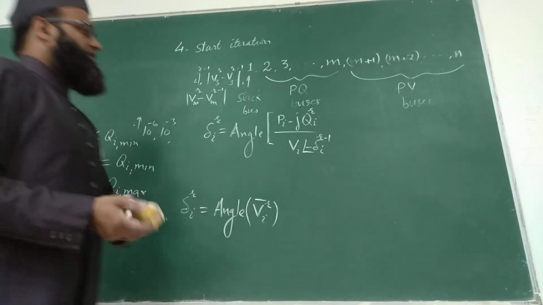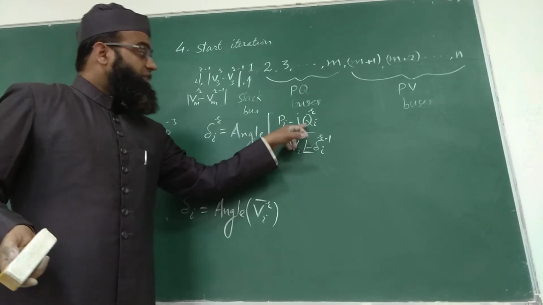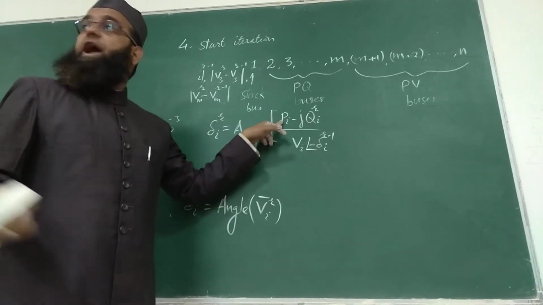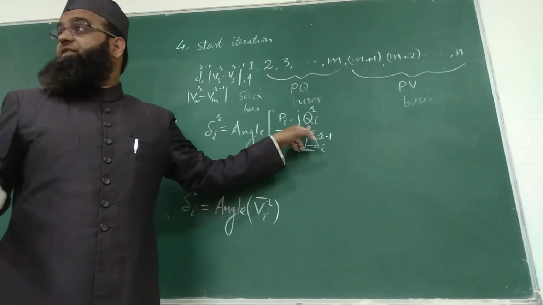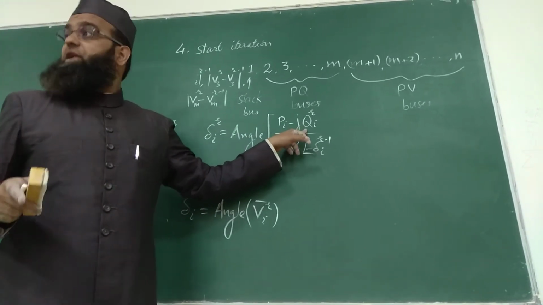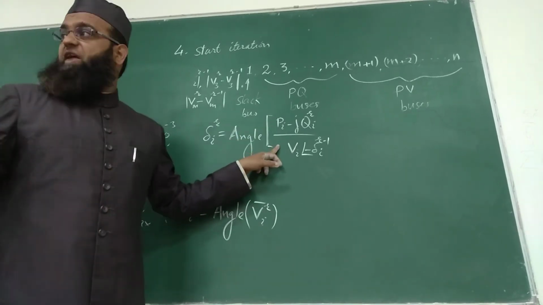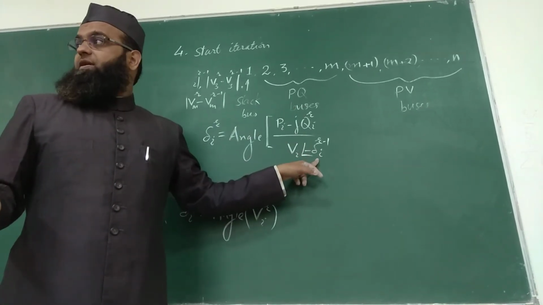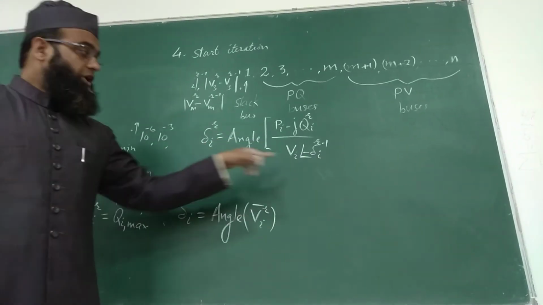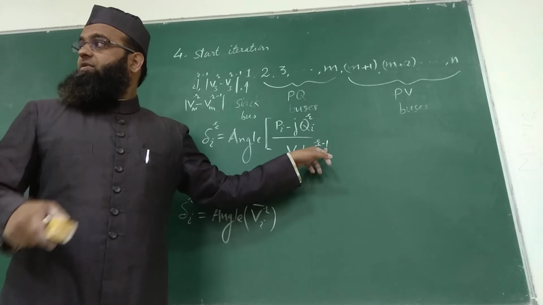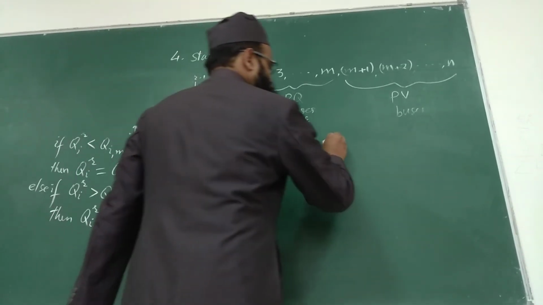So tell me the remaining parts of this VIR. PI minus JQIR: this is a specified constant for PV bus, but this is variable for PV bus, so in each iteration you are evaluating this. And this is specified for PV bus. P and V are specified, the other two are variables. So this variable is being evaluated here, so you don't know the present iteration value. That's why you have put R minus 1. Remaining part, minus.